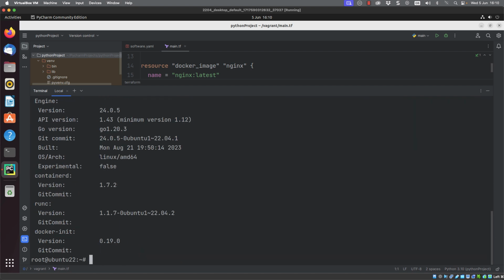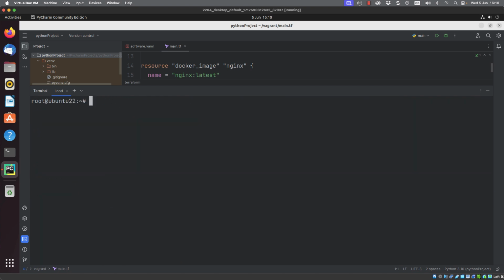And when we take a look at this, we can see then that we've got both the client and server versions showing. When I look at Docker images, obviously I'm not going to have anything installed, but you'll see once I run the Terraform file, we'll have the image installed, but it will also then be removed once we destroy